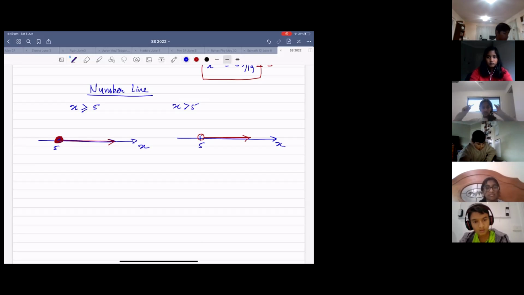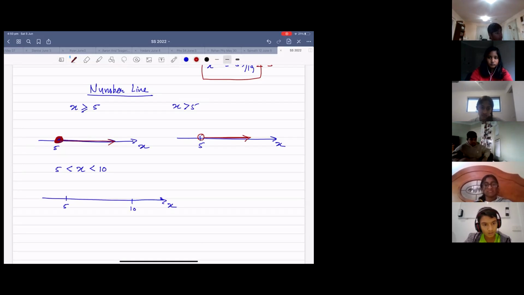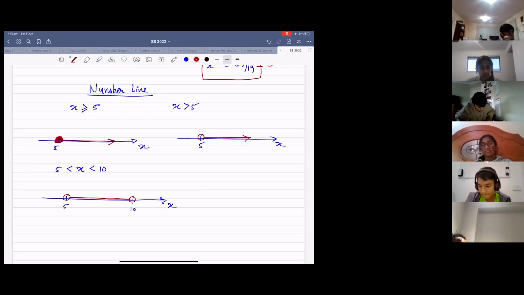If you don't have the equal sign, you just put the circle here and then do that. That's how you do it. Now, for example, if you have x less than 10, greater than 5, 5 is here, 10 is here. You have to see whether you have equal signs or not. With no equal signs, just circles here. Less than 10, greater than 5 means in between these two, so you circle it like that. The same thing for x less than or equal to 10, greater than or equal to 5: you mark 5 and 10, and equal means solid balls.